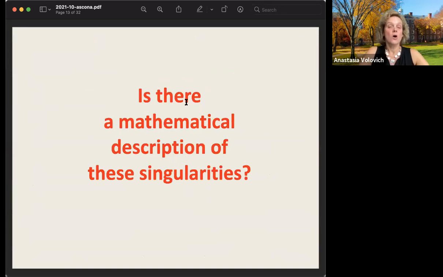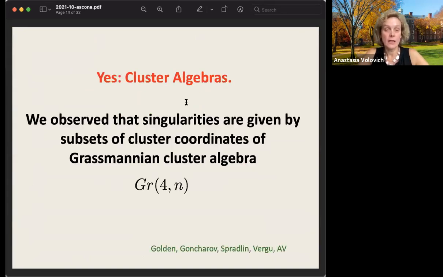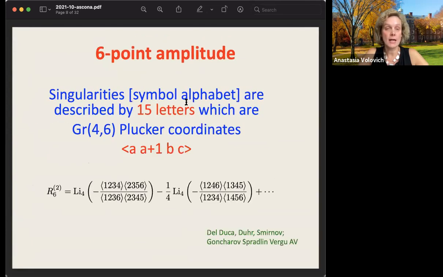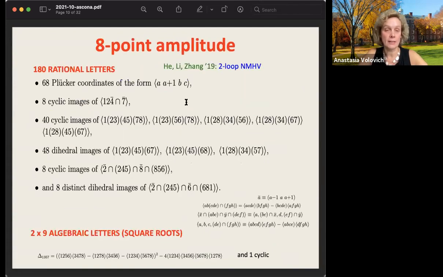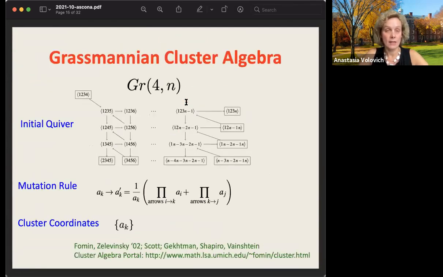Okay, so very good. So we'd like to know what is the mathematical description of the singularity, and we observe, as I will show in the next slide, that at least at 6 and 7 points, these could be described by cluster algebras. So let me have my slide on a cluster algebra. Cluster algebras are defined by 2 things. You need to specify an initial quiver and a mutation rule. So if I'm interested in Gr(4,n), the initial quiver looks like